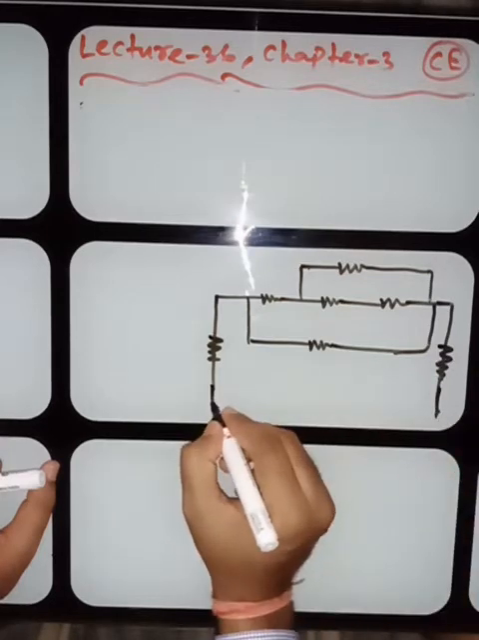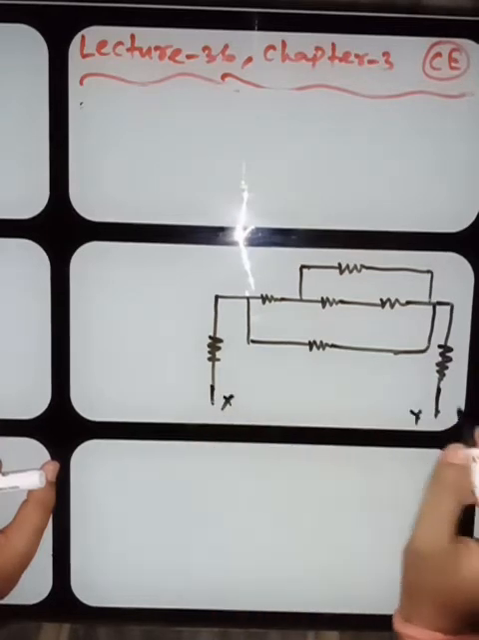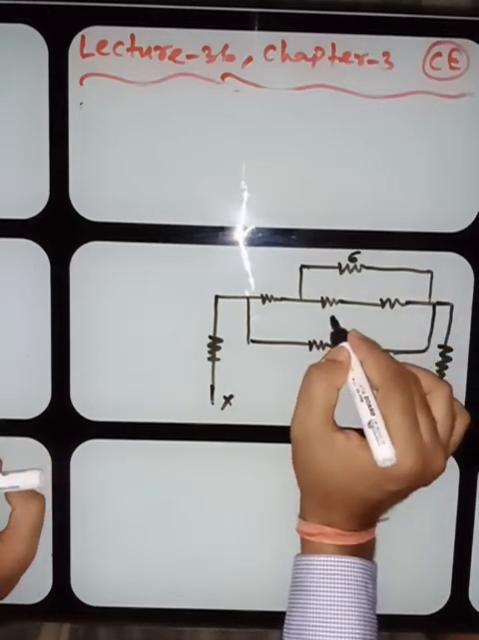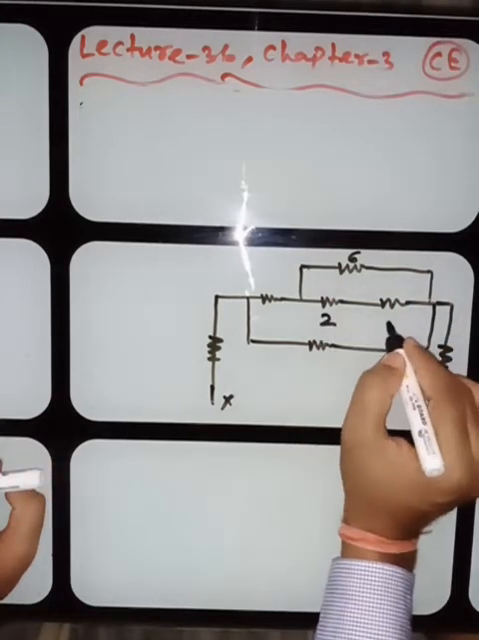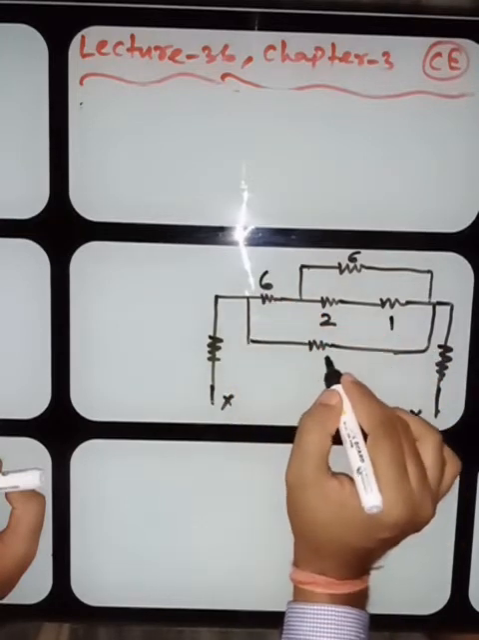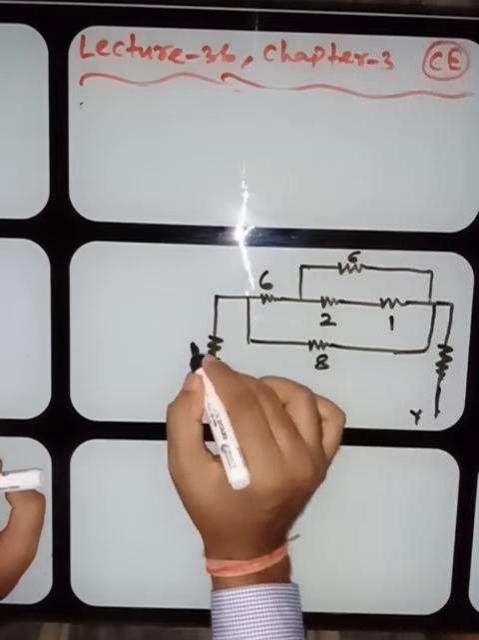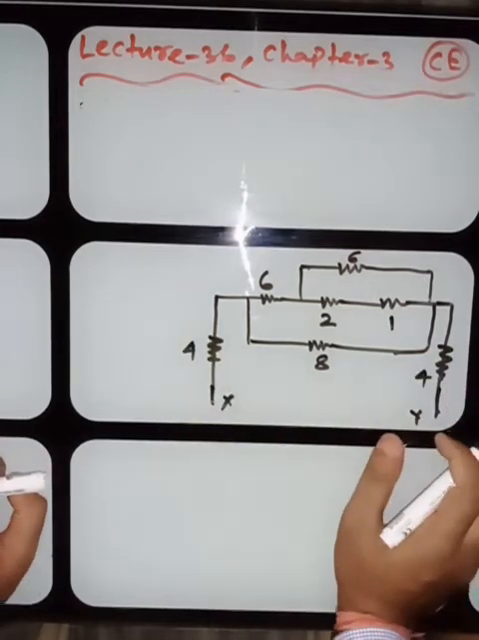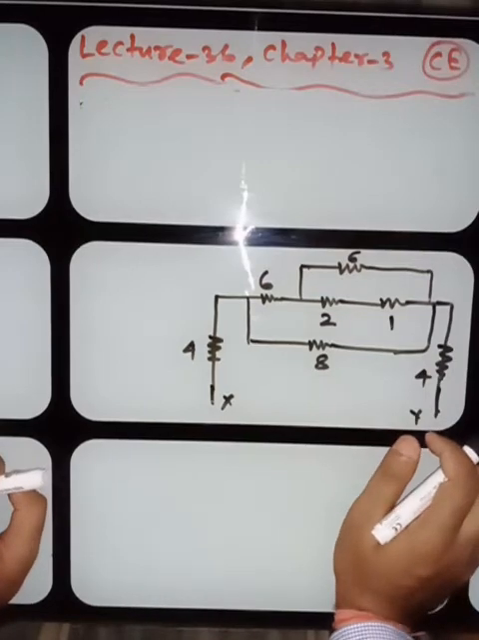This is the point X and Y. Suppose it is 6. This is 2, 1. Here, suppose 6. It is 8. It is 4. And this is also 4. Okay, student. Now the question: if 1 ampere current